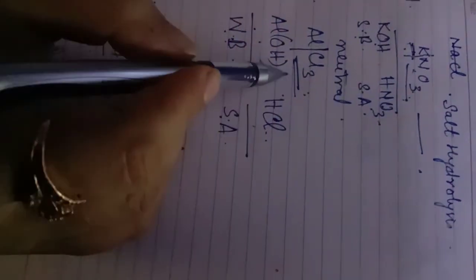If you are asked just the reverse, either the nature, or you are asked what will be the parent acid or parent base, again you have to do the same thing. For knowing the parent acid or parent base, in the metallic part you have to attach OH, and in the non-metallic part you have to write the acidic part like HNO3, okay? Nitrate from nitric acid, chloride from hydrochloric acid, carbonate from carbonic acid. If there is, say, sodium sulfate, Na2SO4, so sulfuric acid. You have to split this also like this, and you will be able to know the name of the parent acid as well as the parent base.